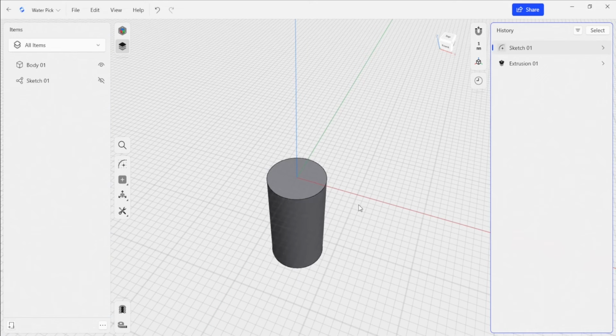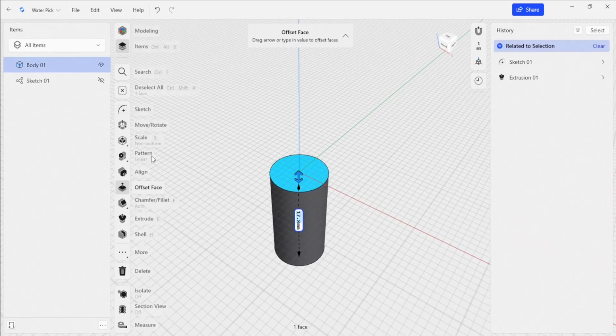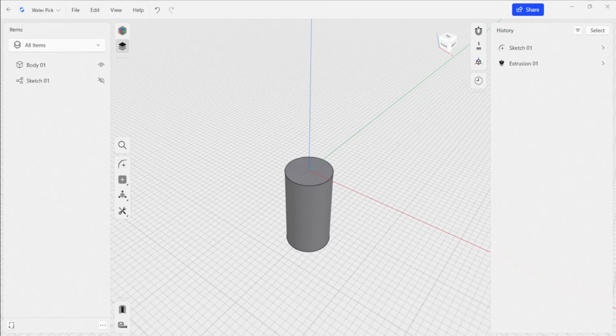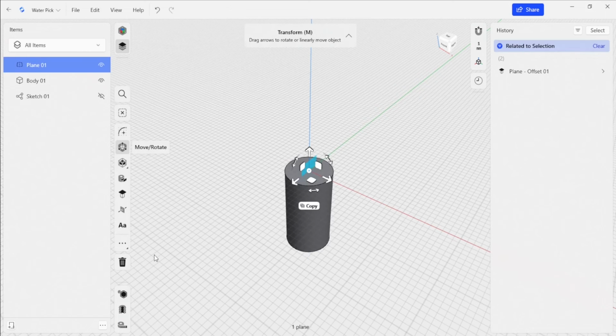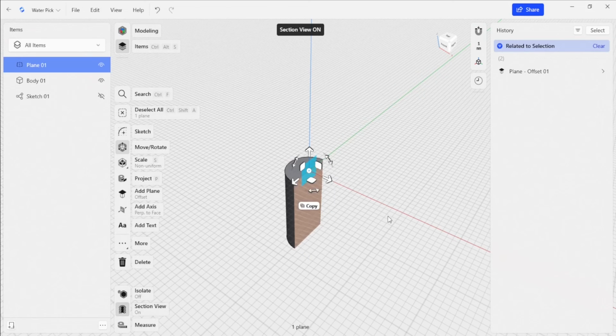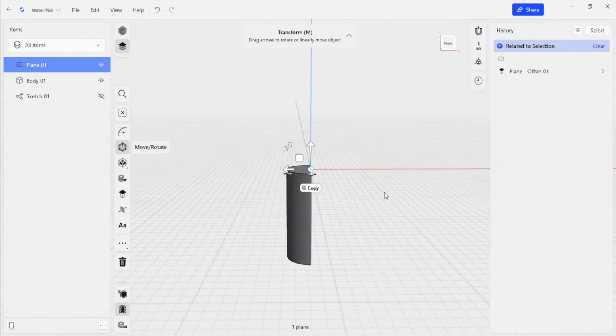So this is our workspace. As I select things, you're going to see that on the left-hand side, that contextual tool panel changes and gives us different options. So along with being able to generate the CAD geometry we want, we can also do a bunch of different features like inspection. If I wanted to look at a cross-section of this, I could take one of our origin planes here, and I'm just going to create an offset plane, and I can select this plane here and create the section. So I can look at the cross section of our object.